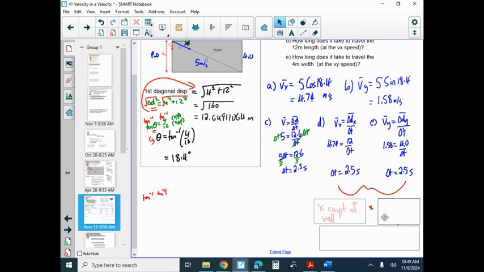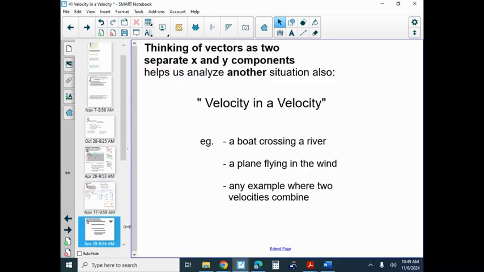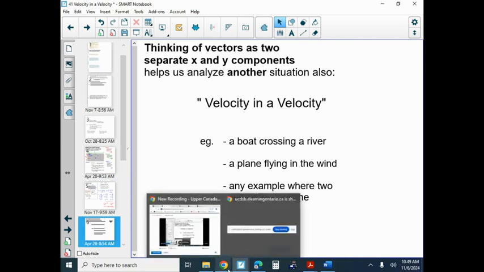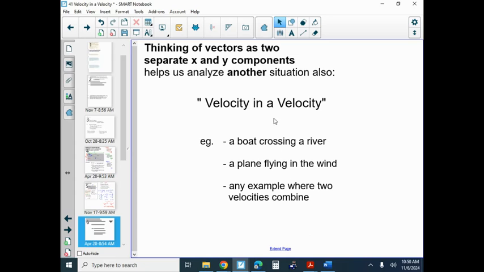So what we see from this is this all makes sense. Your x components and y components can be treated separately, and everything makes sense. If you've got different times, that'd be a big problem. It would obviously show there's a mistake made, but certainly it doesn't match reality. So the thinking of velocities, vectors separately in xy components. Right, so we can think of them separately, and it'll help us analyze a situation where we look at a